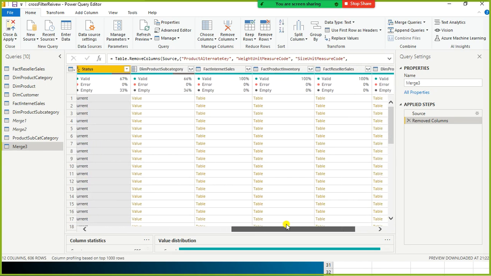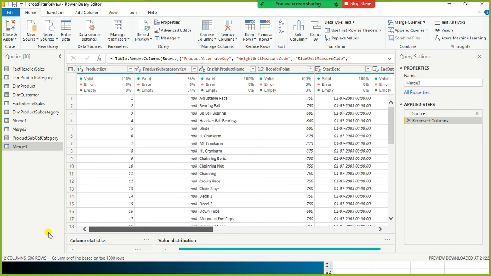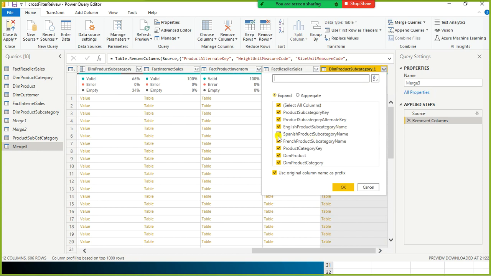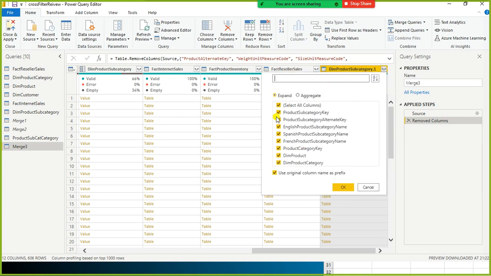And the next one is, look here, in the product table you can find product subcategory. You can see something called table here. So we want to get the product subcategory name that is there in this table. This column is called a structured column. You need to select it. When you click on this icon, if you click on this double arrow, it will show you all the columns as part of your product subcategory